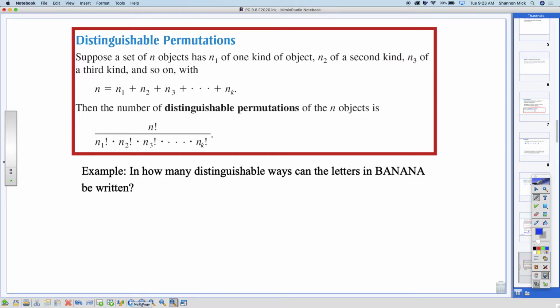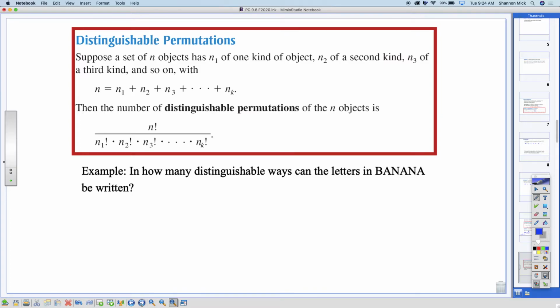Distinguishable. What does distinguishable mean? Noticeable? You can pick them out from others. I can tell them apart, right? Okay. So suppose you have a set of n objects that has n sub 1 of one kind of object, n sub 2 is the second, n sub 3. So there are just different objects, okay? So there's 1, 2, 3, 4, 5 in them. The number of distinguishable permutations of an object is, okay, n factorial